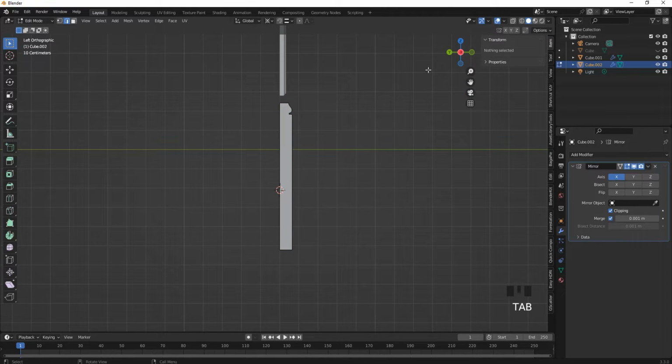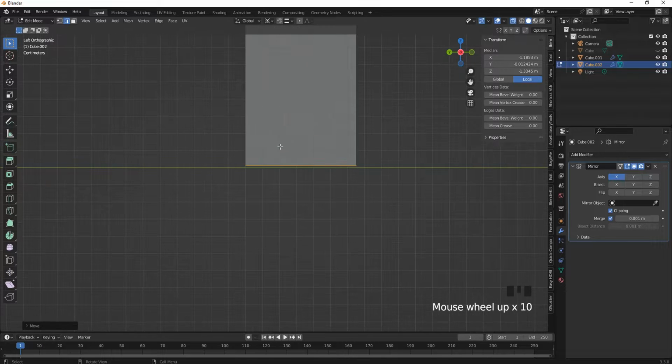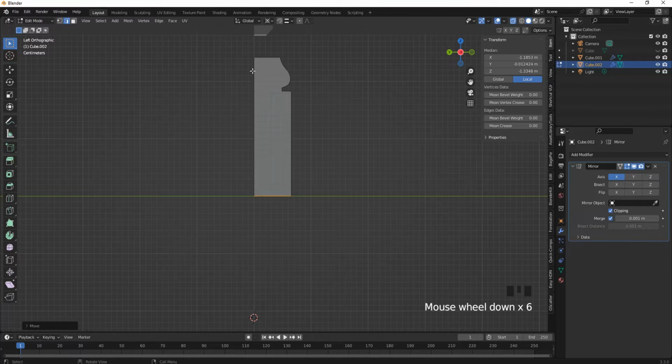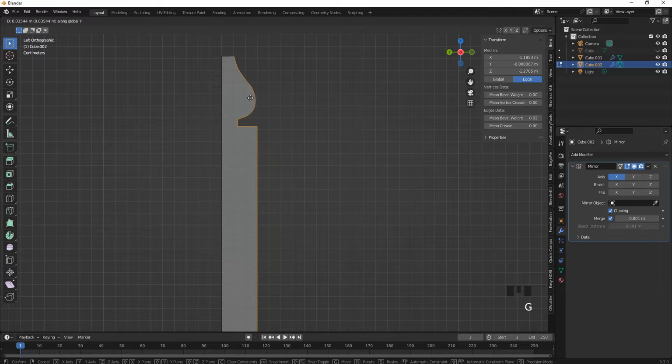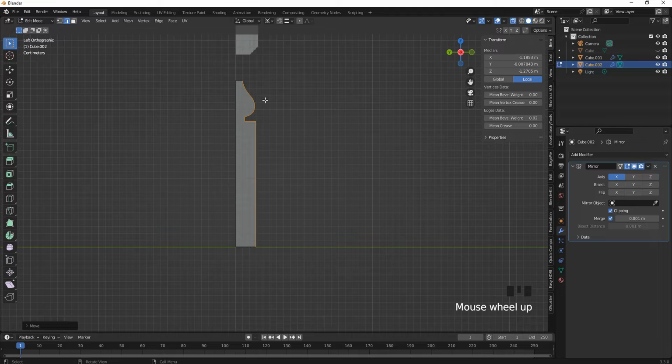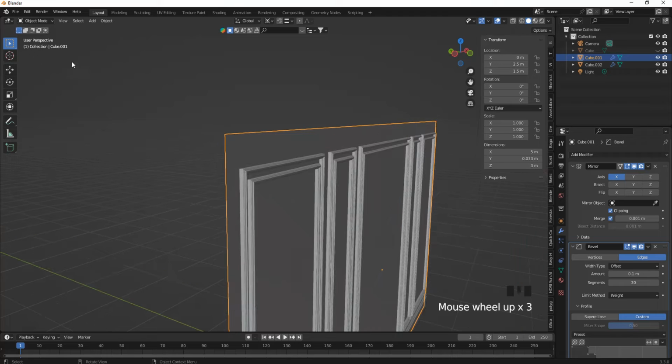After that, I'm going to tab, activate X-ray mode, select the bottom face, press G Z, and move it like this. Yeah, and then after that, I'm going to select it like this, and then press G Y and move it somewhere around here. The next thing that we are going to do is, let me select this one,